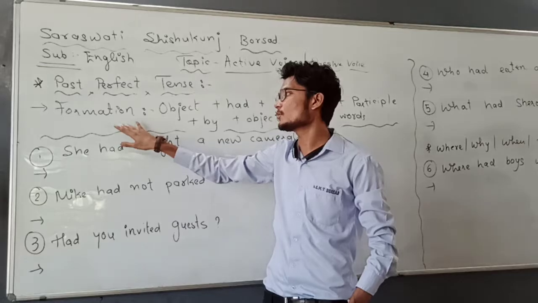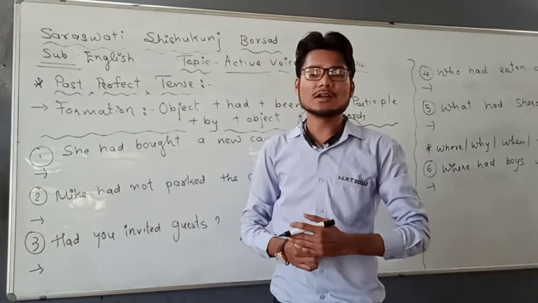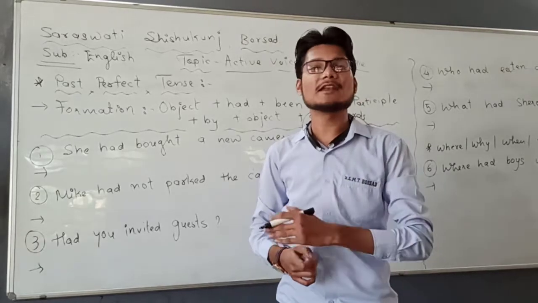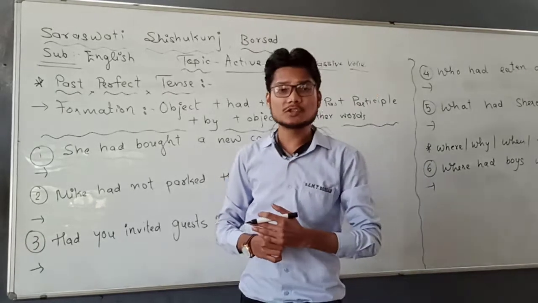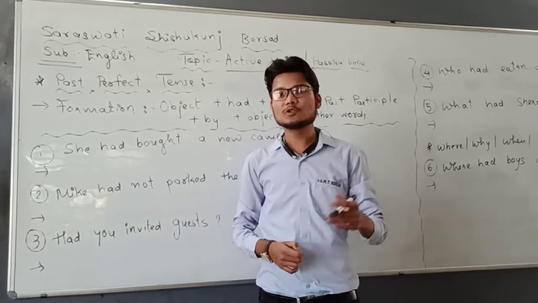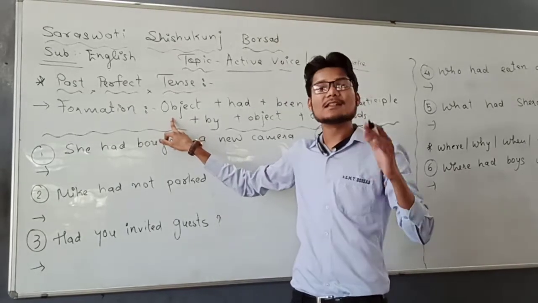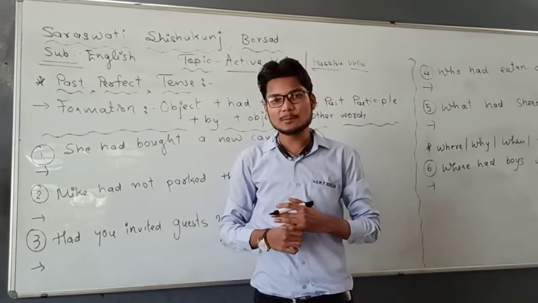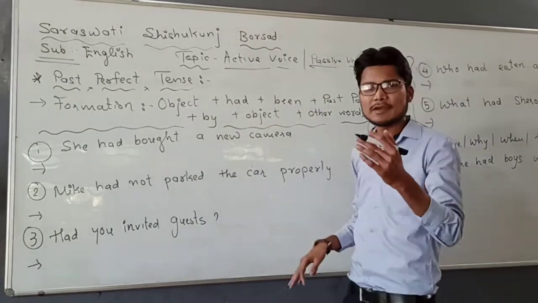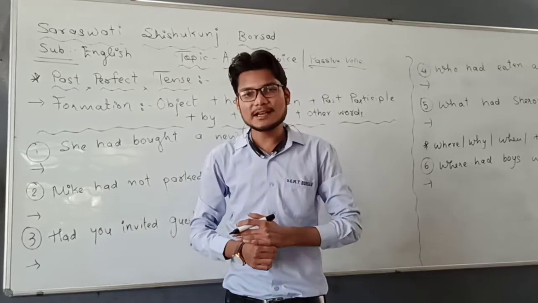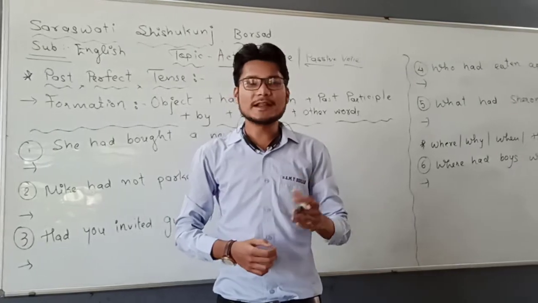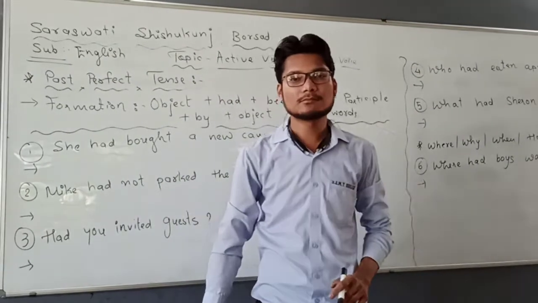First of all, whenever you want to make any passive voice, what do you need? That is subject, verb and object. Another thing that you also know is that in order to make any passive voice, first of all you have to place the object in the very beginning, then tense-wise changes will take place. Also you have to put the subject after by, and then the particular thing that you have to follow, that we will discuss. So let us start without wasting our time.